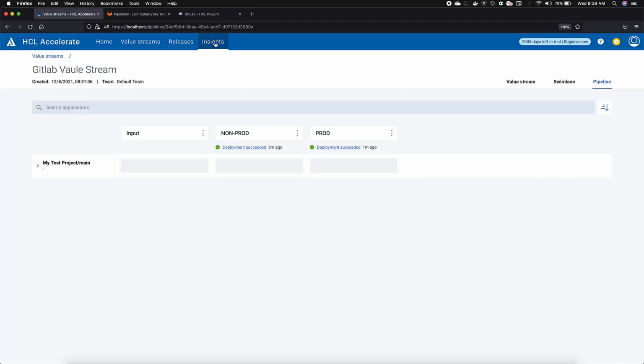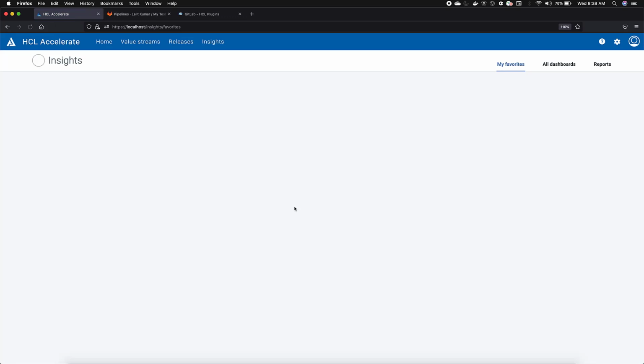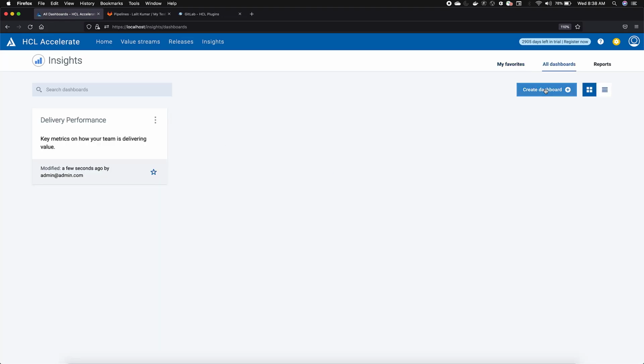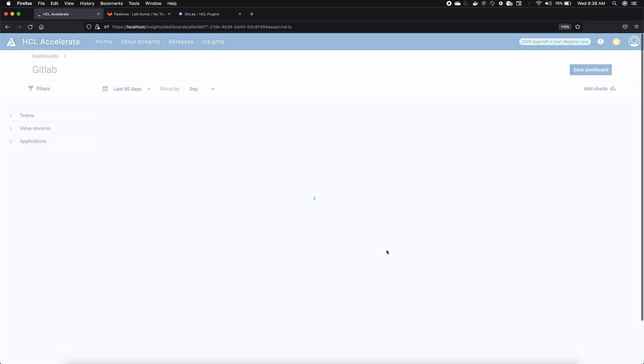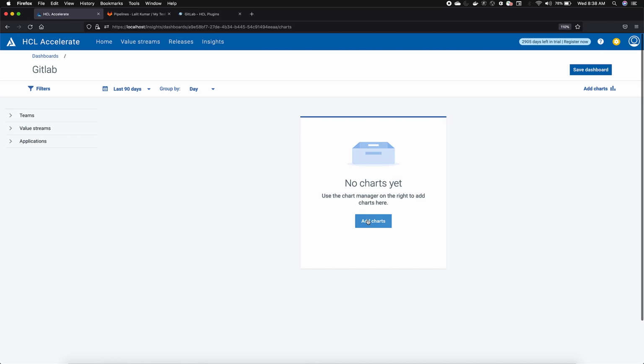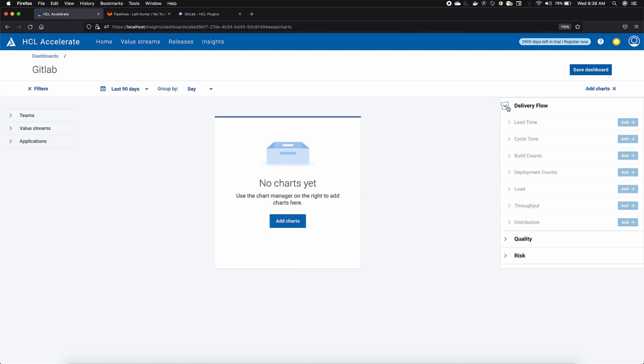If I go inside the section, add a dashboard for GitLab. If I add charts, I can add two types of charts.